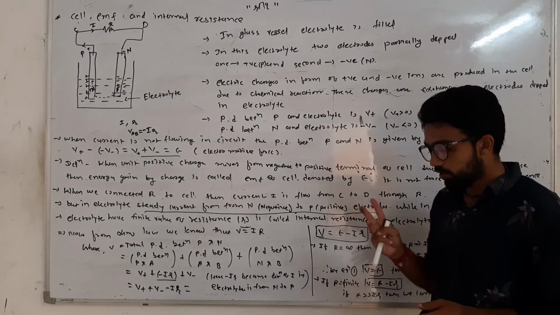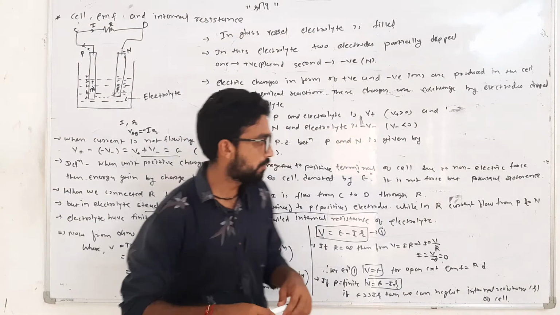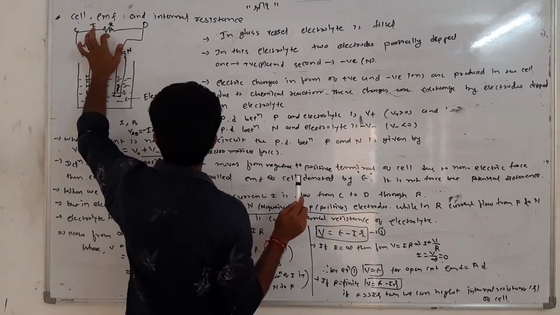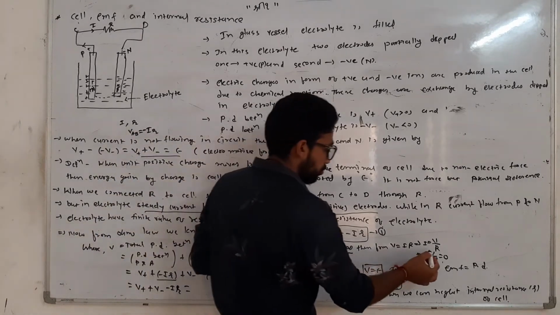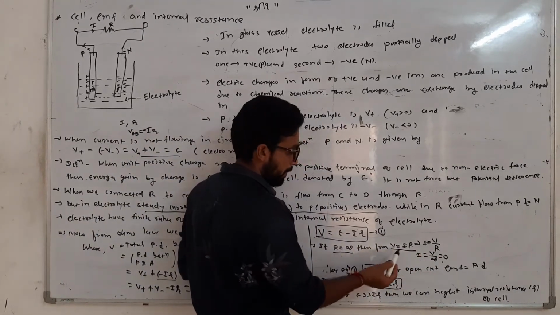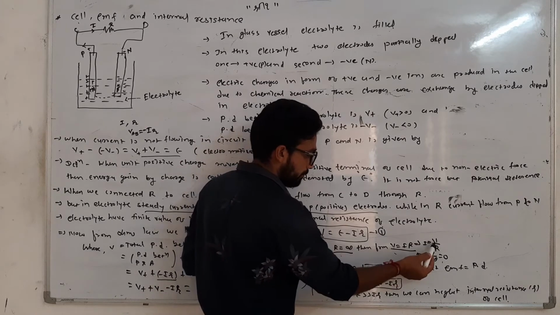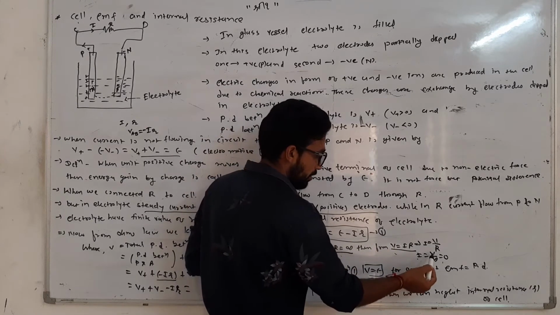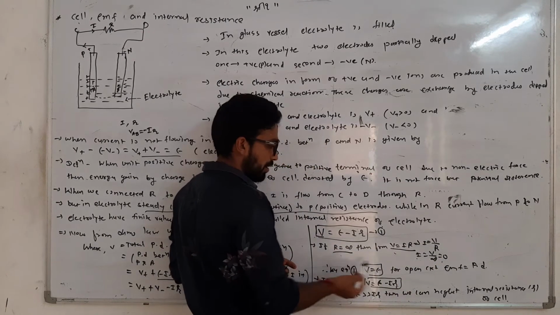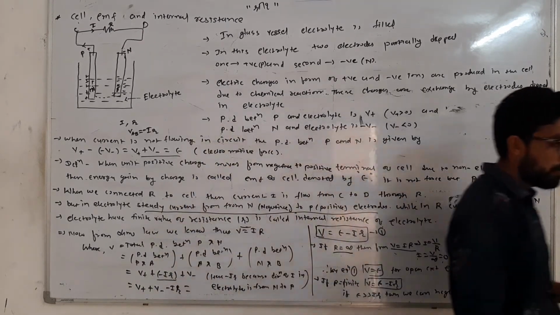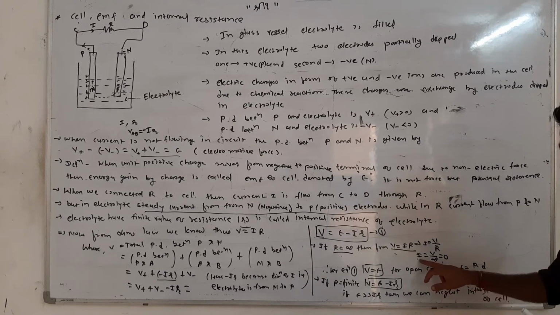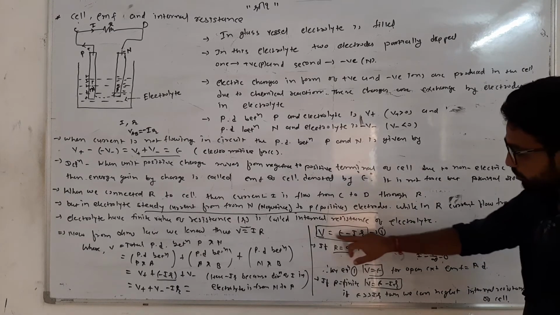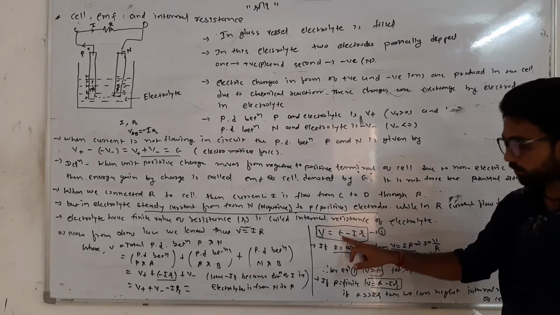Now we consider two cases. When our external resistance value is infinite, so from Ohm's law, V is equal to IR, then I is equal to V by R. Then I is V by our R value, that is infinite. So whenever the denominator is infinite, that value becomes 0. So now electric current is 0. Now put this electric current value I equal to 0 here. So now you get V is equal to EMF.